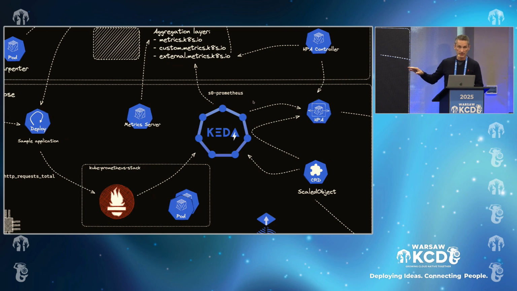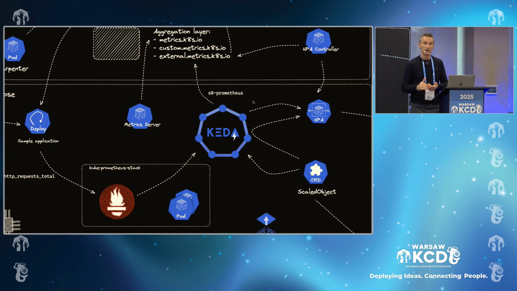So KEDA is an intermediary between the scalers and the HPA controller, because it exposes some metrics which you can configure. They can be taken from these scalers that can be of many different types, coming from within the cluster or outside the cluster, and then it produces an HPA